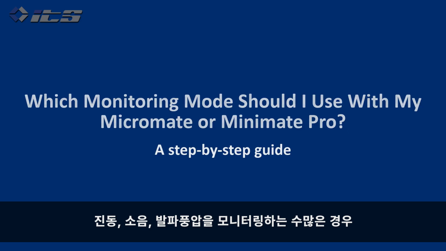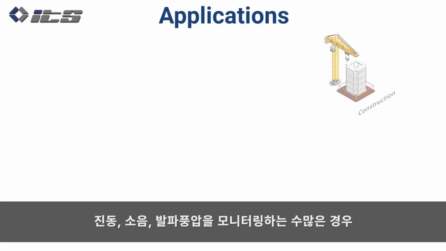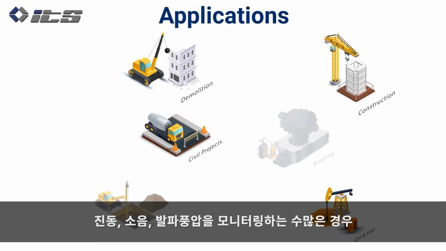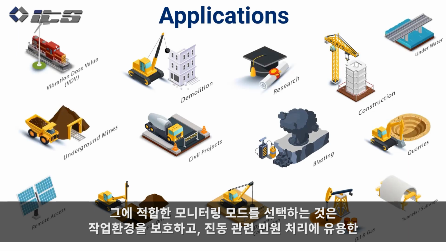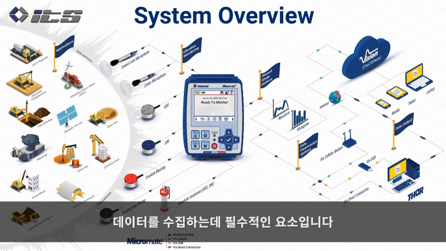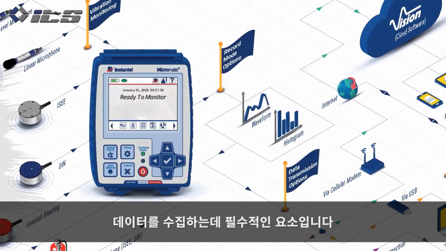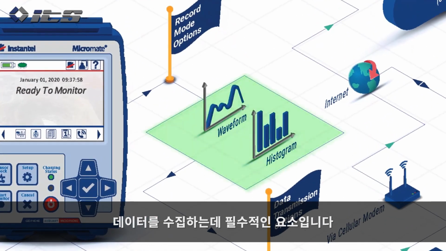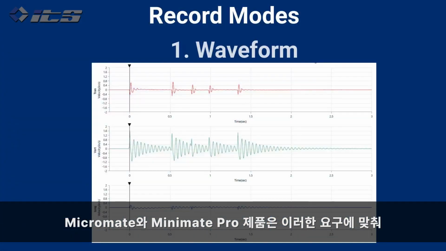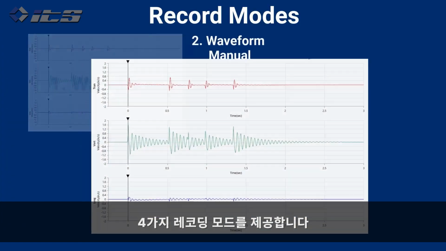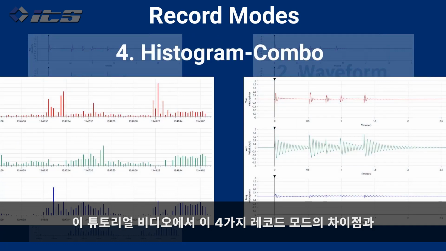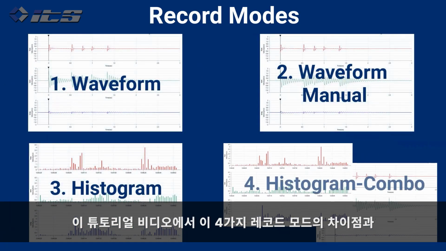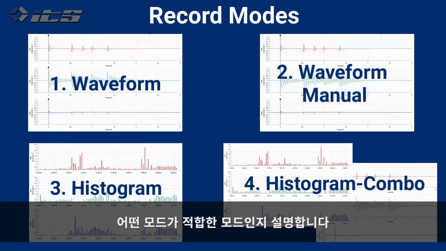With so many diverse applications to monitor vibration, noise, and air overpressure, making sure your unit monitors in the right mode is essential to collecting useful data that will protect your operations and allow you to handle any future vibration-related complaints. Instantel's Micromate and Minimate Pro units offer 4 record modes for your monitoring needs. This tutorial video will explain the differences between the 4 record modes and help you choose the best mode for